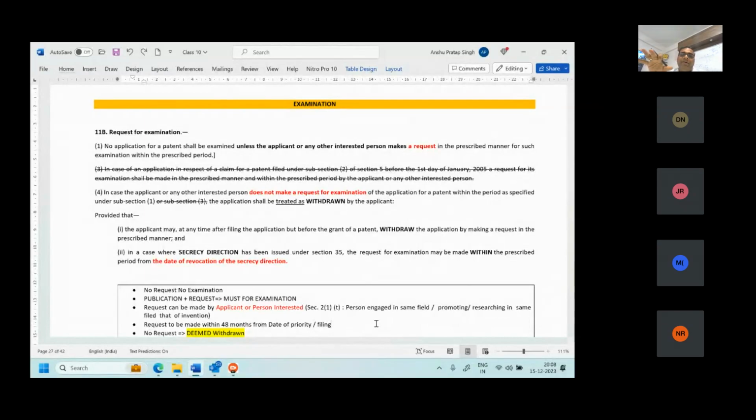Don't get mistaken by any of the jugglery in the question being asked. First thing is very clear. You have filed for examination. You have not filed for early publication. So your application will be published only after 18 months. Before publication, your application cannot be examined. Right? It has to be published. Then only it can be examined. So first it has to be published.